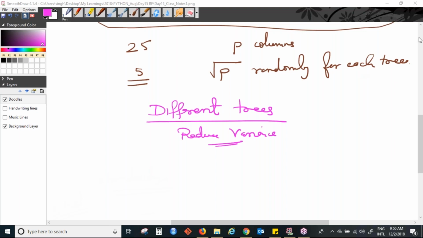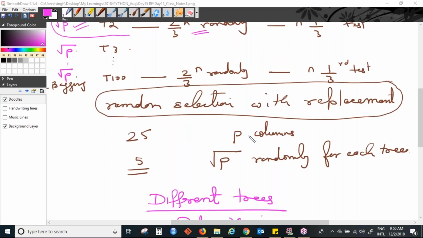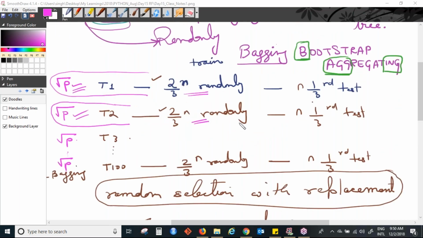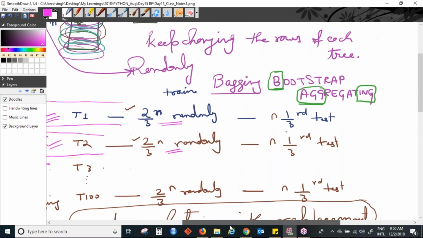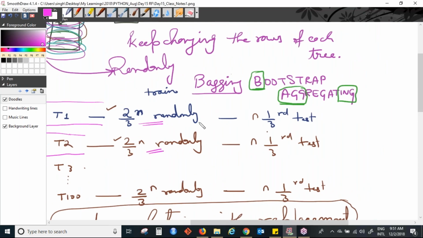So this is all the theory that you need to know about decision trees and random forest, guys. Just one more thing. Remember, we had taken 2/3 of the data as training and 1/3 as test. Another advantage of random forest is that you can calculate the accuracy of the model on this 1/3 data, and that is called out of bag error.